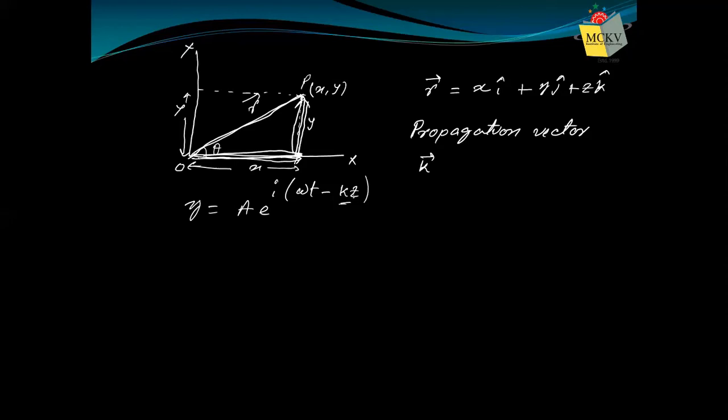And just like any other vector, like your position vector r, it also has three components, x, y, z. These are the three components along three mutually perpendicular directions, i, j, k. Similarly, you know from your school days that any vector can be written in terms of its components. So if I say its components are kx, ky, and kz, then I can write it as kx i cap plus ky j cap plus kz k cap.